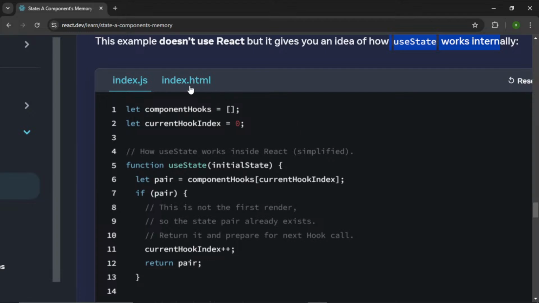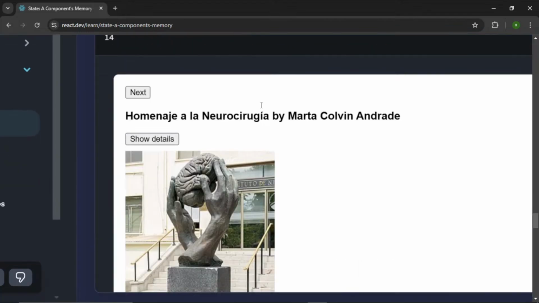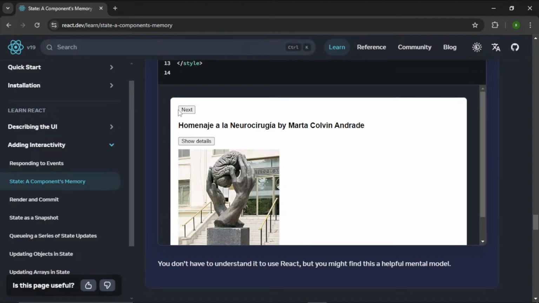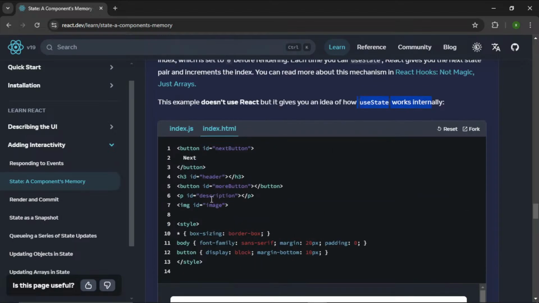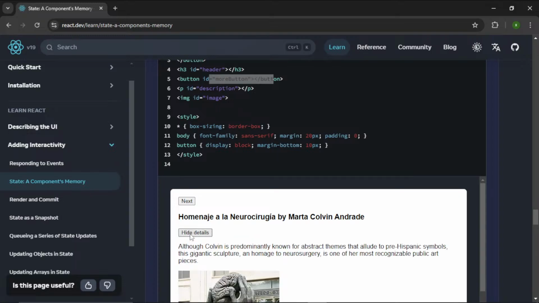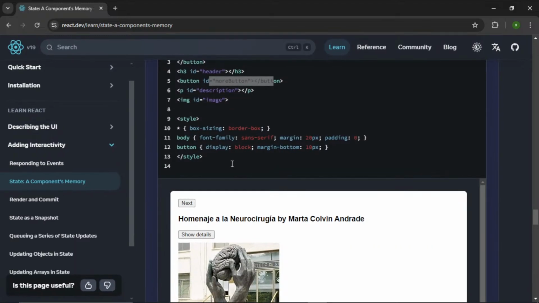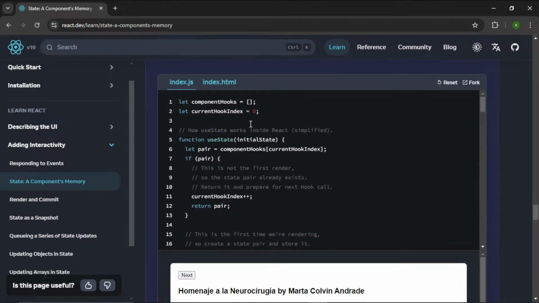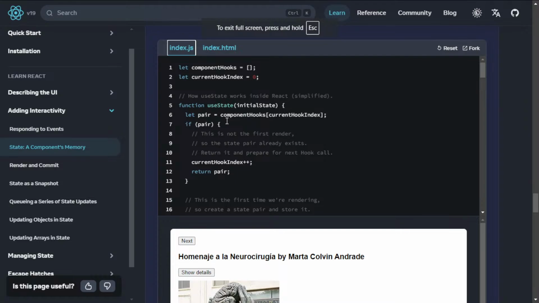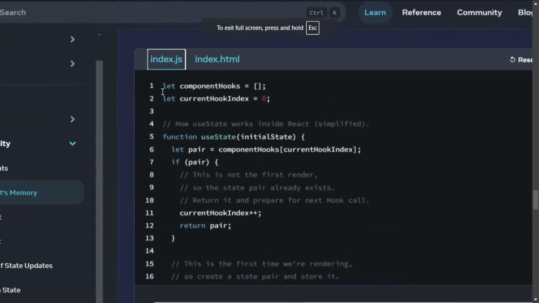We have index.html, which has this structure, a simple page with a button, an h1 tag, and a button for more, and simple styling. Inside this index.js we have a component hook,